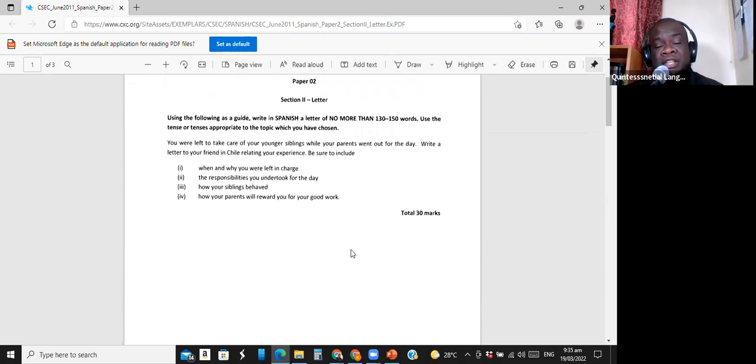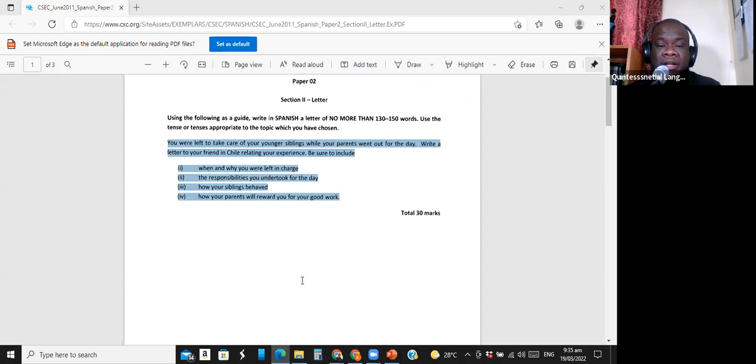Throughout your 4 to 5 years of learning Spanish, you would have been learning different tenses, how to conjugate, how to form the tense, etc. CXC doesn't have a sentence where they're going to say to you, put this in the subjunctive, put this in the past tense in Spanish. What you need to do is know, when do I use this? So you need to look at the exam question, and by looking at the exam question, you will determine.